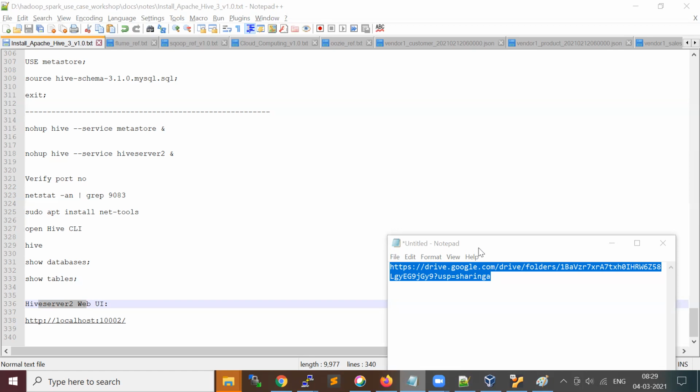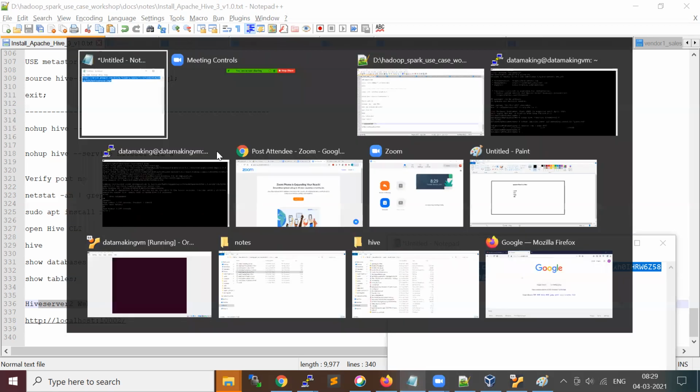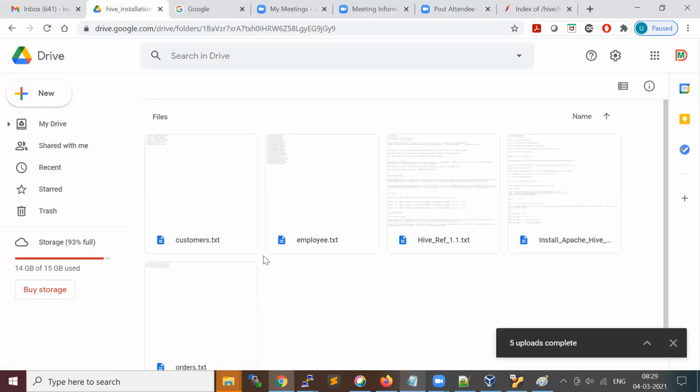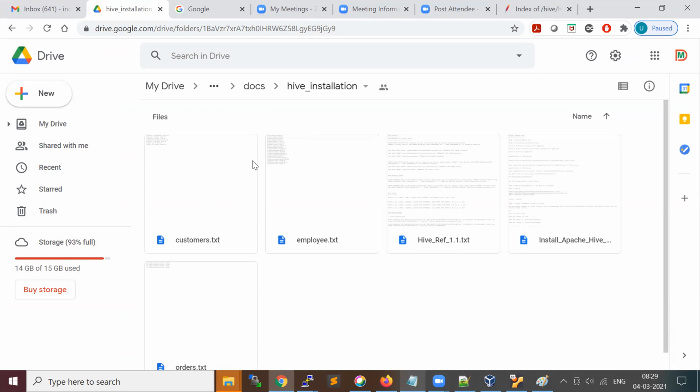So I request everyone to practice it. The sample script is also in the other document whose location I shared. In the Hive ref 1.1.txt, you will have some sample programs you can practice. I put the sample data set here as well.